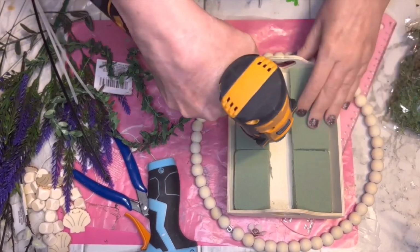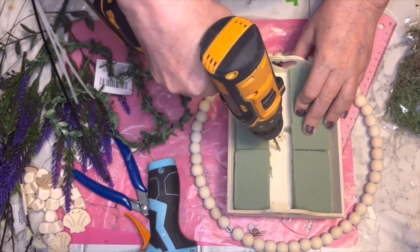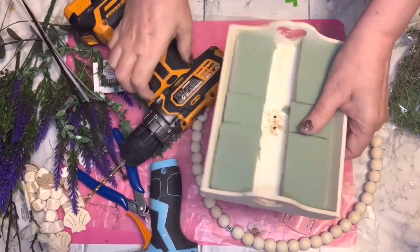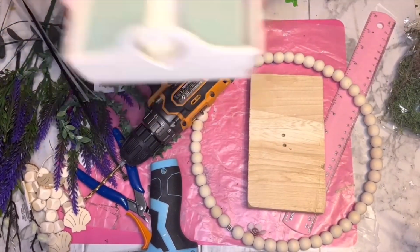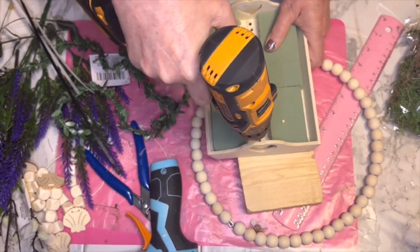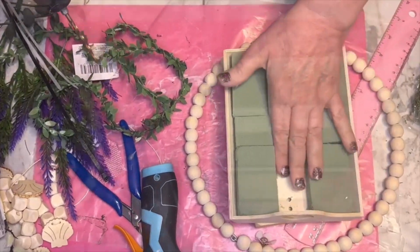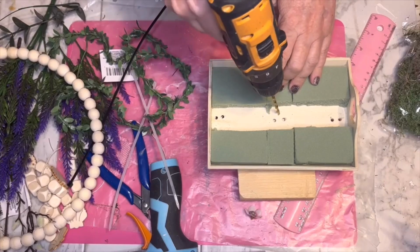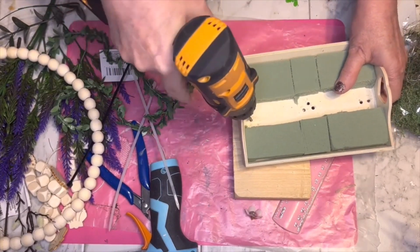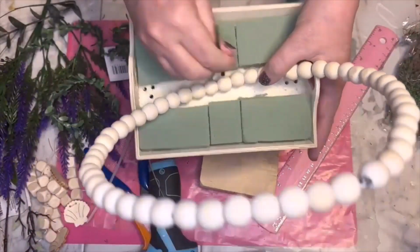Then I grab my drill and I do 3 pairs of holes for the zip ties that are going to hold onto the wood bead wreath. However, I do my zip tie holes in the north-south direction, but the zip ties need to come across the wood bead wreath, so it needs to be in the east-west direction. So I do come back and drill another hole to the side. And now my zip ties can